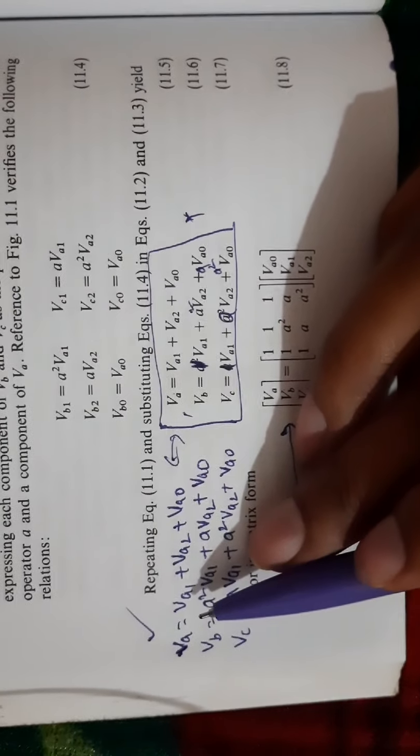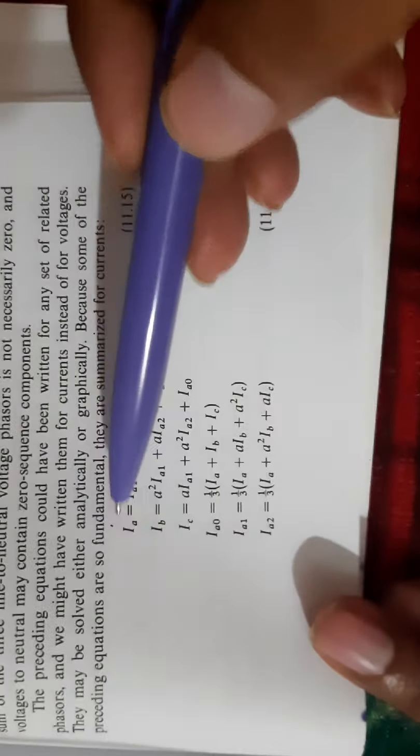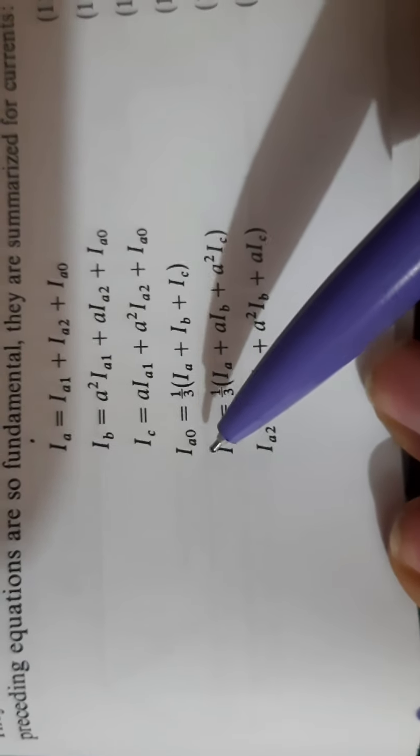Now this is in the voltage form, and here also we have got this in the voltage form. So I want to convert this into current form. Just in place of V you can put I, like this. In place of V, I have put I. For this also, if you see, I have placed it here. In place of V I have taken I for this one value. So one note is there.